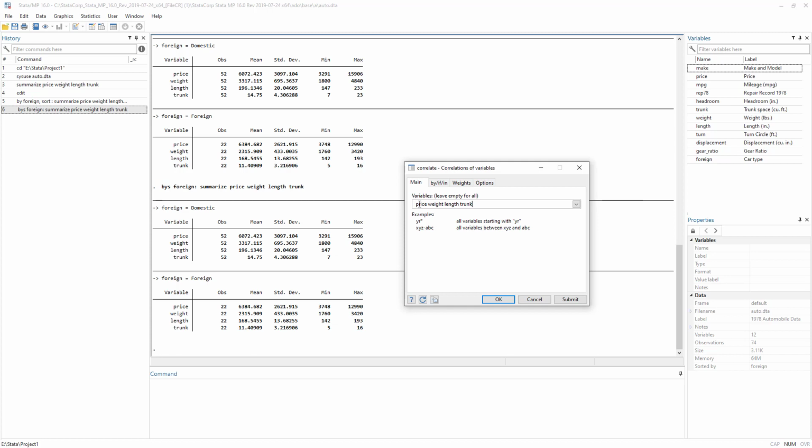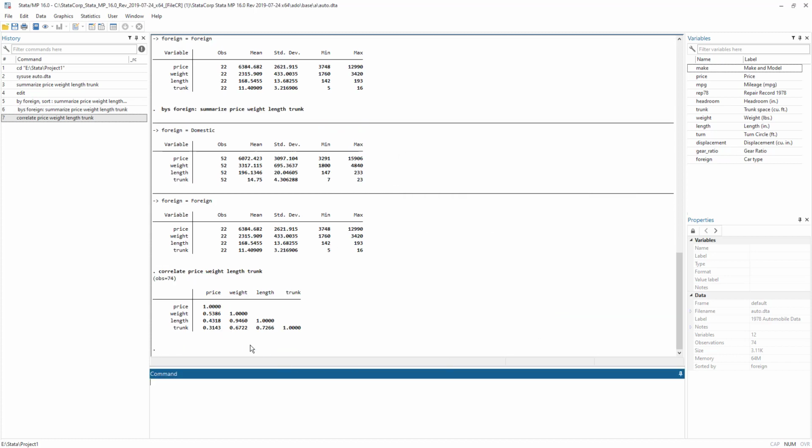That means whether price is affecting the weight or weight is affecting the price, right? So correlation is simply association. We do not have the dependent or independent variable in this correlation, and all the variables are treated as equal.